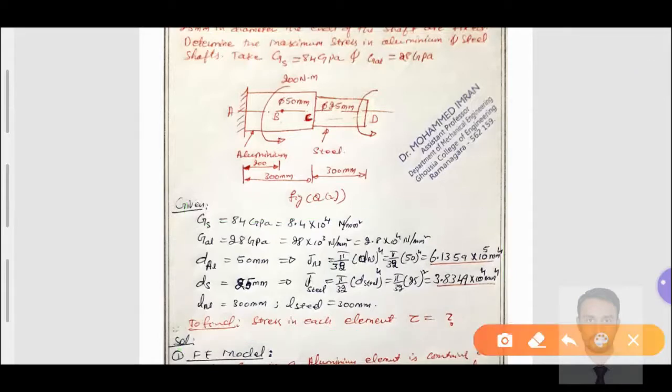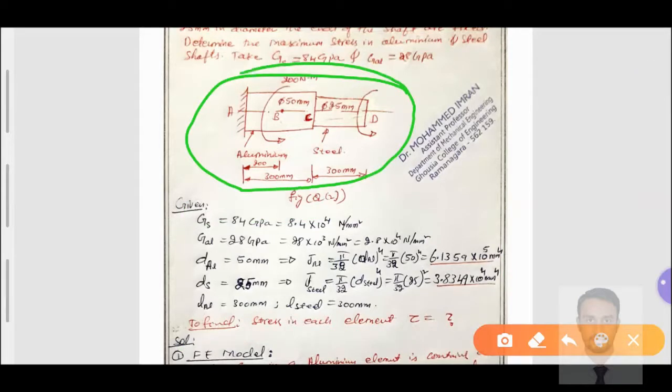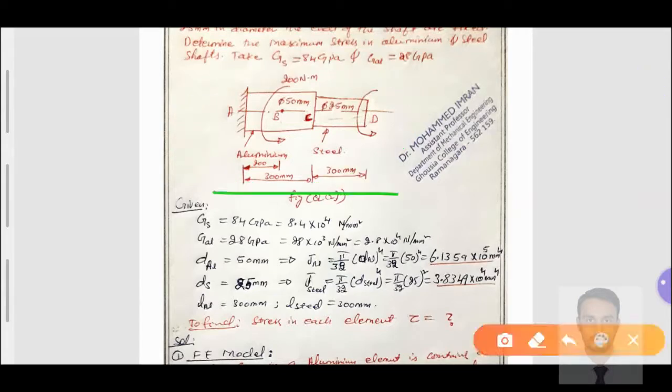Here it is very important that we identify the given problem and convert it into an FE model. Now the given continuum body is converted in terms of an FE model. When we convert it, we need to carefully take down the nodes and the number of nodes. You can easily check here: at point A the element starts, and then there is another point where a torque has been applied, where the force is applied. Till there we take one element, and similarly the cross section changes at point C, and then the element ends.